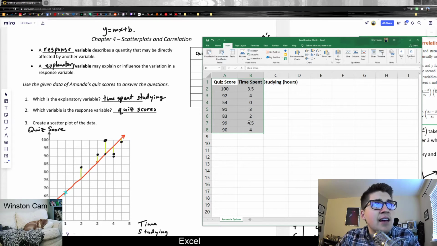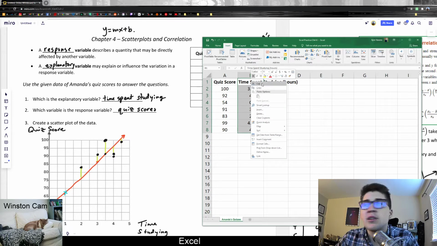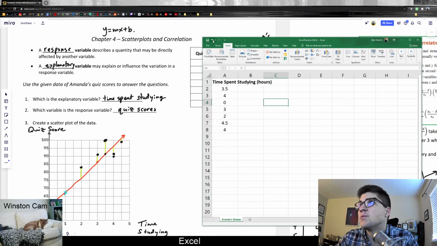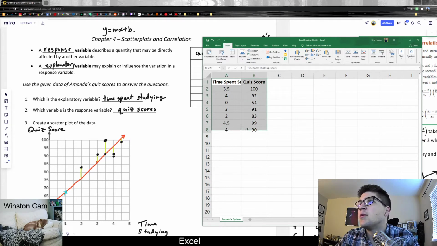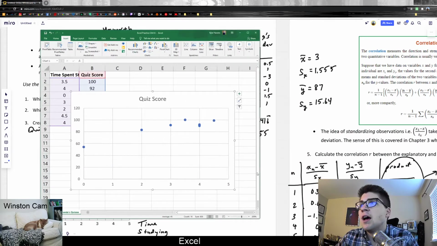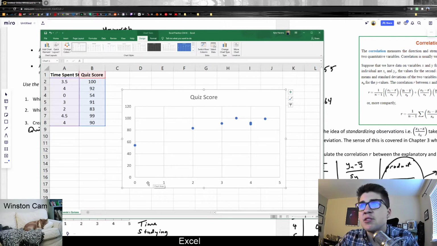And in this case, we decided that it made more sense to have her time spent studying as the X variable. So what we just want to do is change where it is. So we can select it all and hit cut and paste. I guess we want to insert cut cells, not paste. And that will switch the order. That way, when we go to create our scatter plot, it will put this over here. It will have the proper axes because we wanted the time she spent studying on the x-axis and her scores